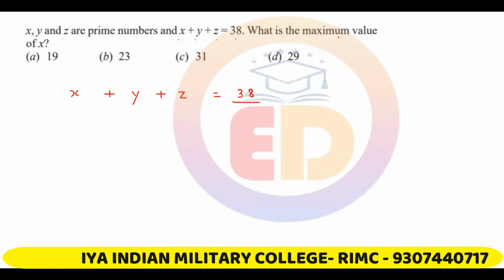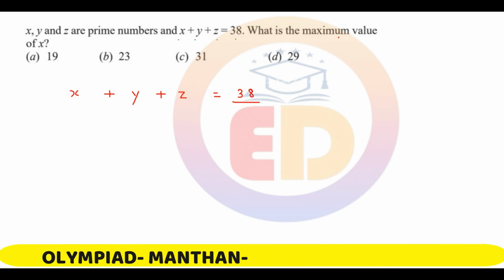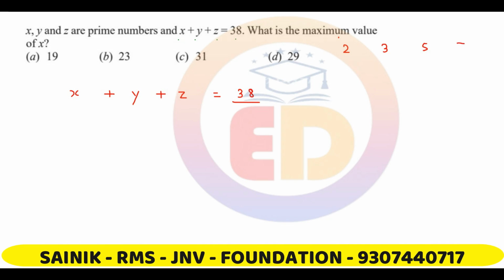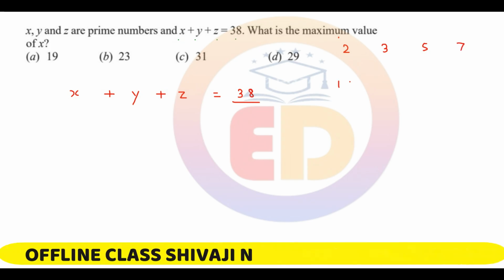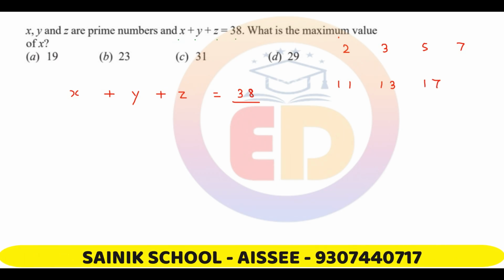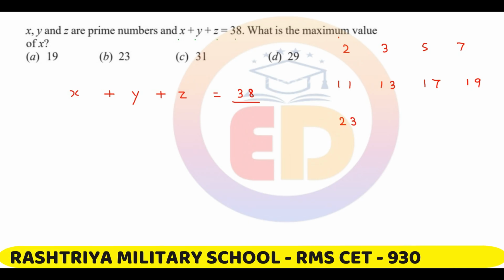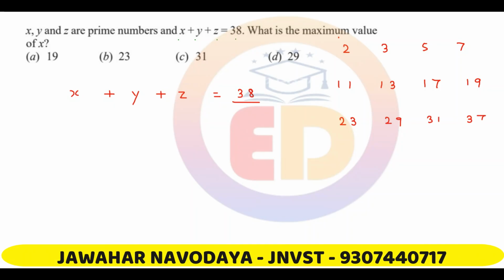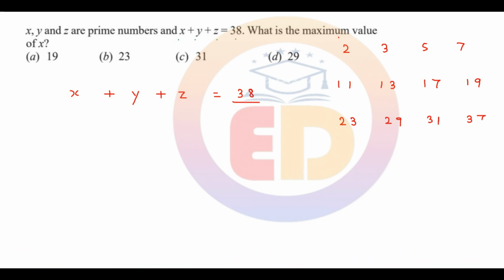So let us first take the prime numbers below 38. They are 2, 3, 5, 7, 11, 13, 17, 19, 23, 29, 31 and 37. So these are the prime numbers